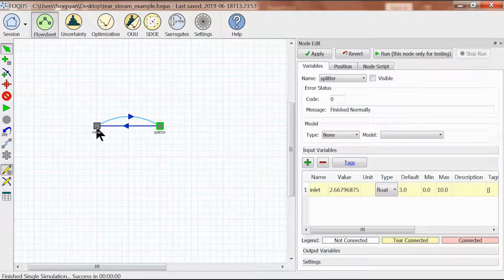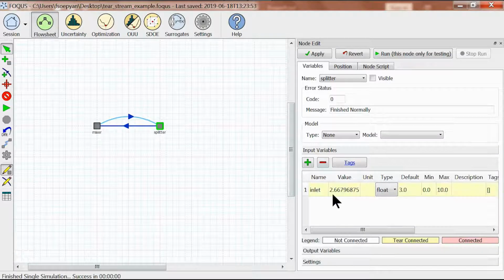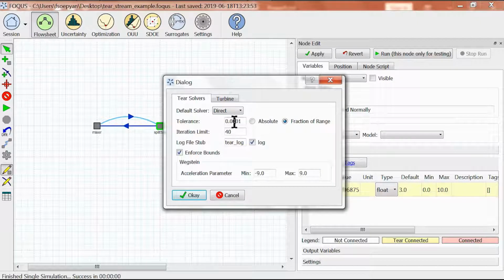So I'm going to go to the mixer node and click the output variable, and in this case our outlet is equal to 2.66699 and our inlet is equal to 2.6679. So we're getting closer, and for one last time we're going to go to our FOQUS flowsheet settings,